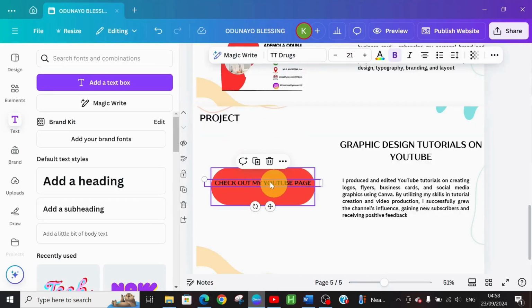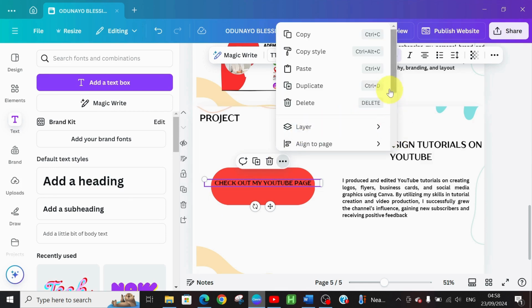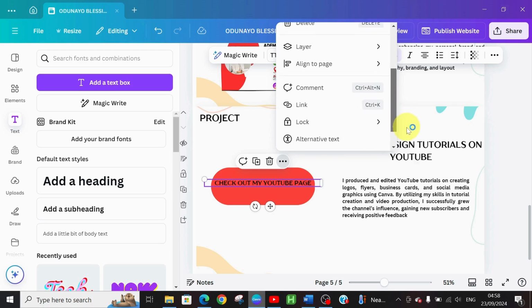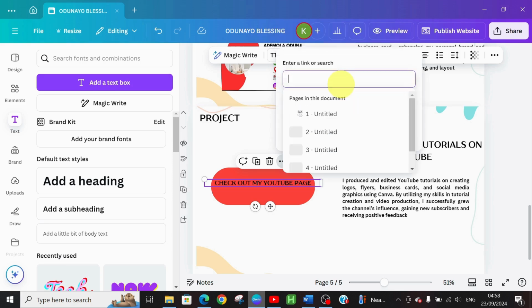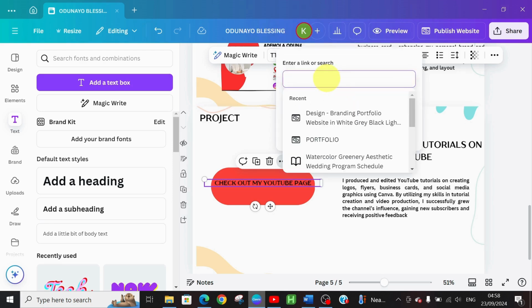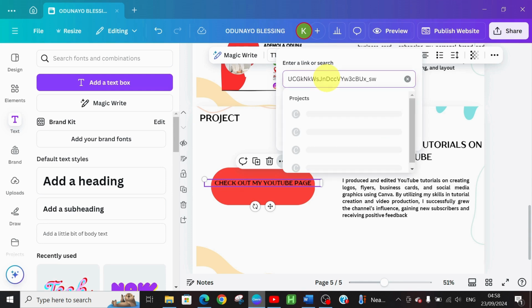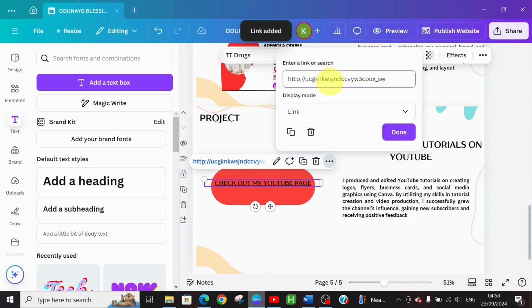Then go back to my Canva, and here these three dots, it has been copied. Click on it, come down, go to link. So enter a link or search. We are not searching, just paste the copied link. Click on enter. Once you paste, you can see link added. Then you come down